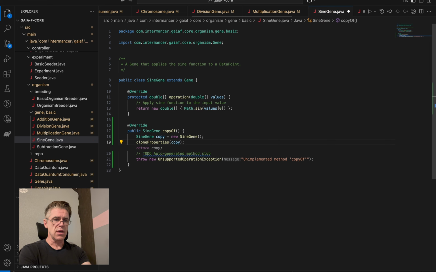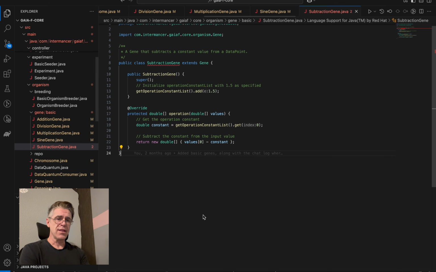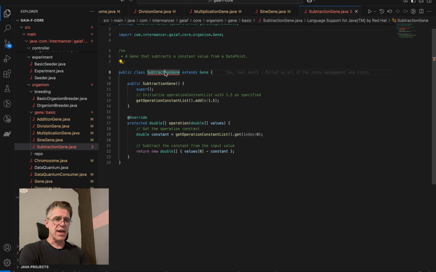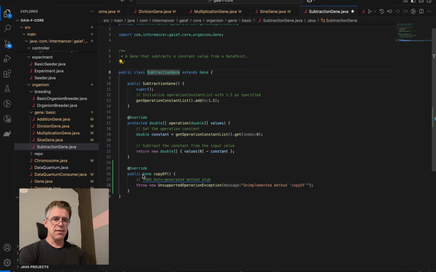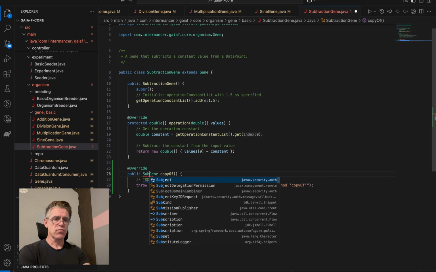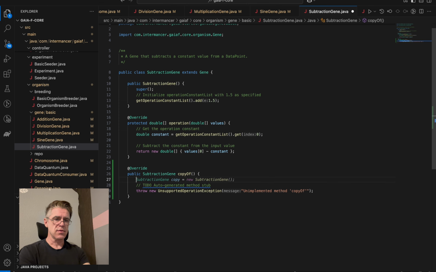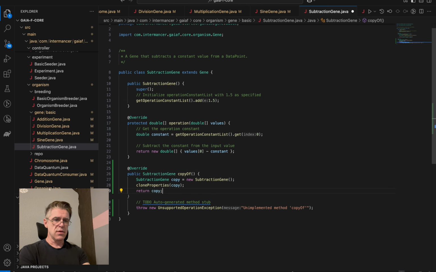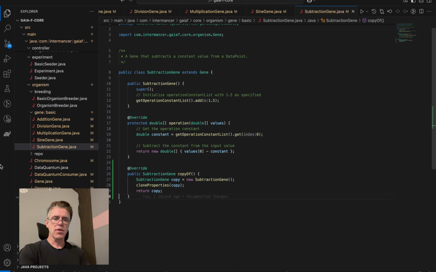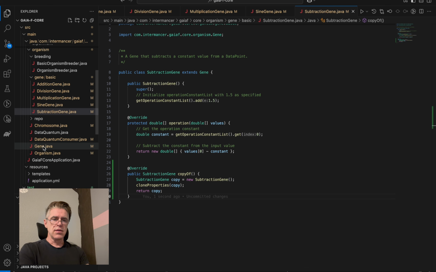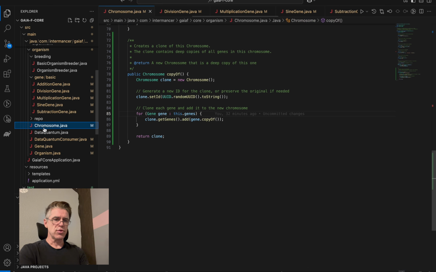Sign gene, copy, new sign gene, clone properties, copy. Oh, that's what I want. Get rid of this, save that. See how quick that made it because of the Copilot? Really quick. But I don't want that kind of help. I really don't. We are just gonna take those suggestions for now and see what happens. Okay. All of that is done. Gene gets that. Chromosome now has,